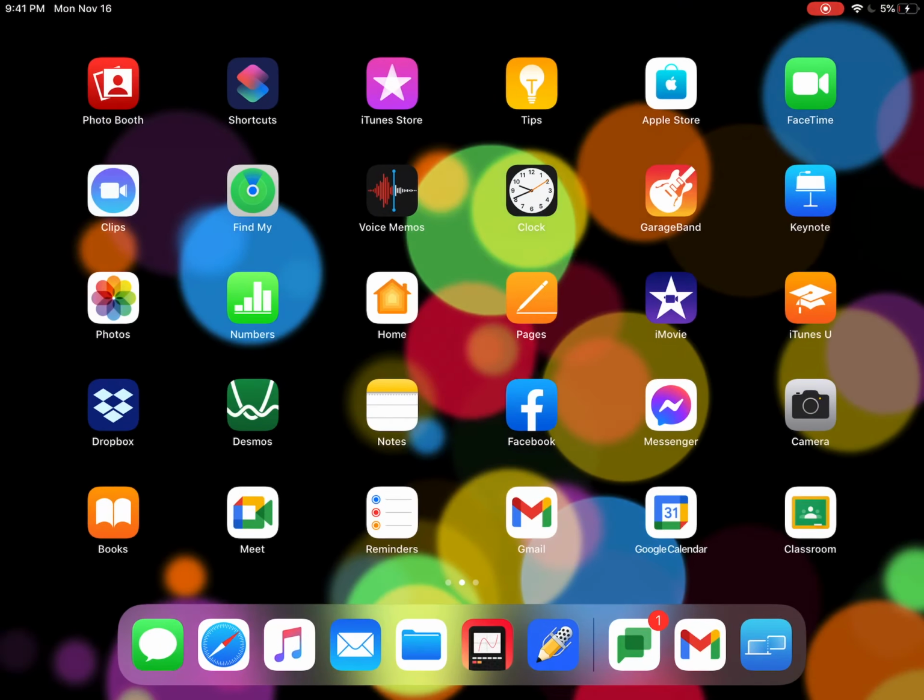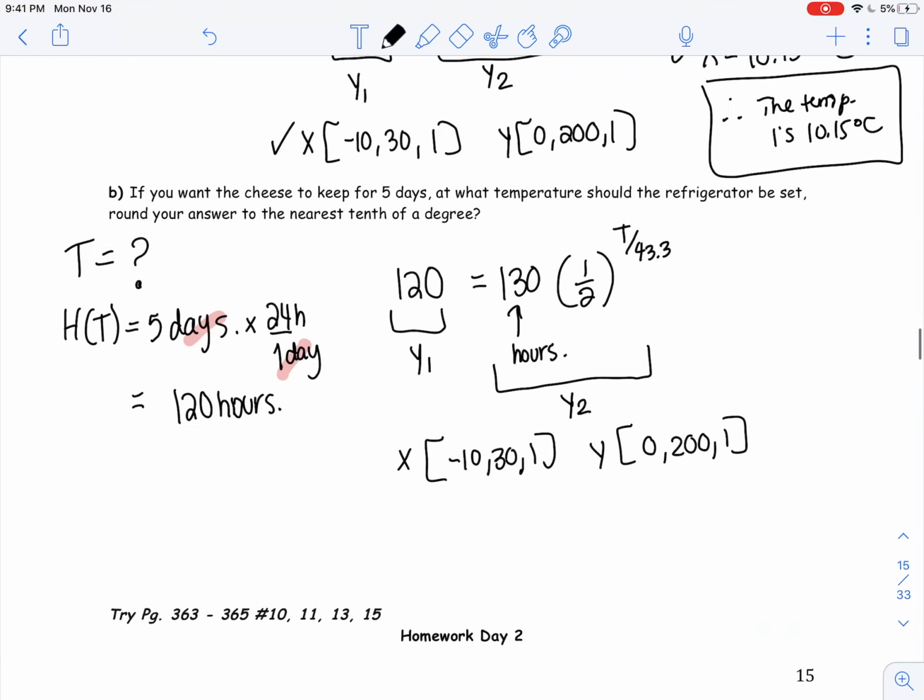Okay, so my intersection should be 5. So what that stands for is the temperature you should be setting your fridge to. So we just found by pressing second trace, number 5, pressing enter 3 times, we found that x equals 5,